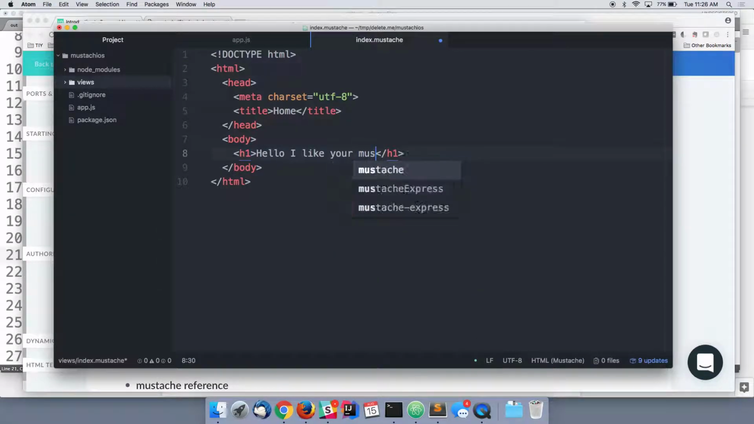Mustache. I don't know why I have so much trouble spelling that. Right now it's a mustache file, but it's just a plain old HTML file. There's no mustache substitutions going on. So if I run this back to my route